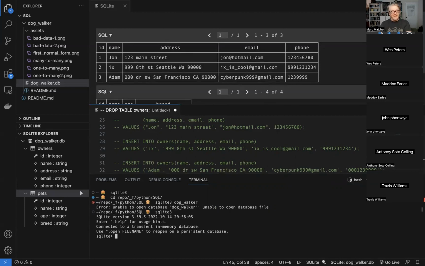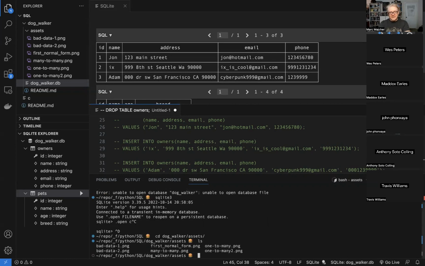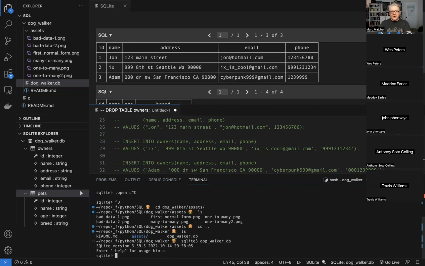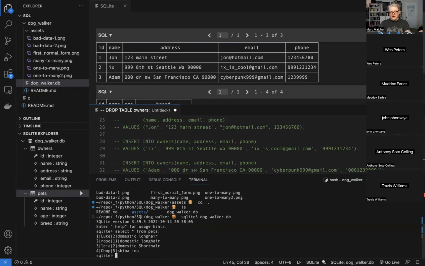Oh, because it's working off of file names, right? I'll go into the assets directory just to make sure. There's our dog walker DB. Nope, it's back one. There we go. So I'm not giving it the database name, I'll give it the file name. And so if I do select all from pets, I should get all of our stuff there.